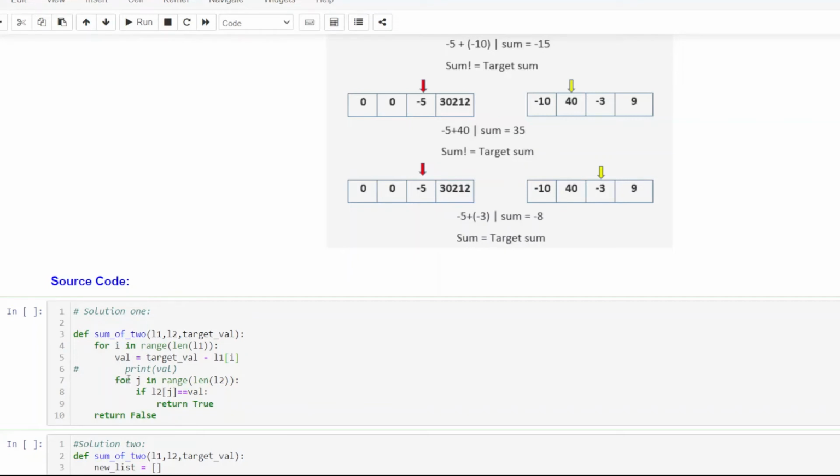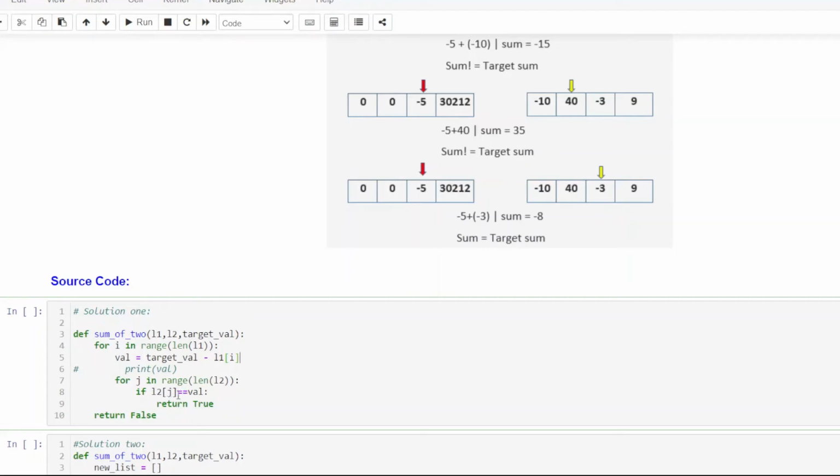So now next we are going to loop through list 2. So for j in range of length of L2. Now we will get one by one element from our list L2. So now we are going to check whether the values which we have stored here are present in our list 2.